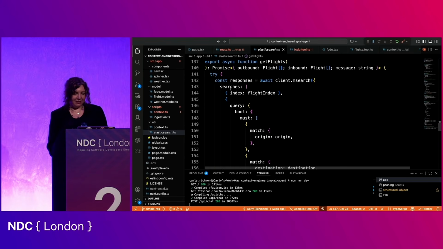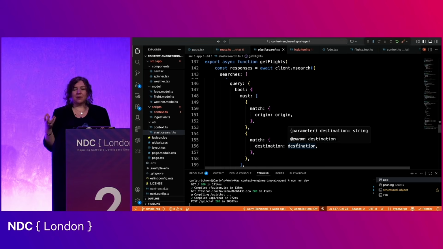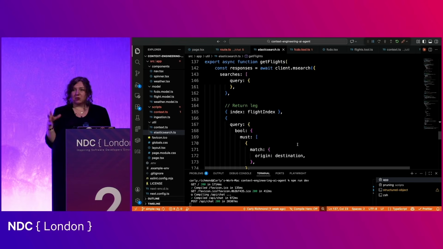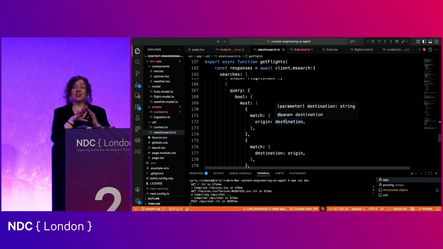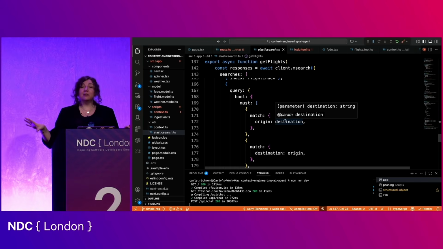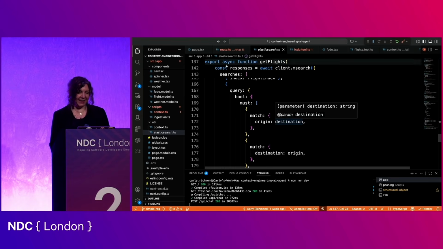So what you'll see is in the first query, we've got the matches for origin and destination. We could use semantic here, but given we're probably looking for precise destinations, it's probably best to use lexical in this regard. And this was what I was talking about before: actually think about which mechanism makes sense based on your data. And then you'll see the return leg, we've basically flipped it, so you're going from the destination and coming back to the origin. This is really simple, doesn't assume multi-trip. I could make this super complicated, but we've left this as easy as we possibly can.